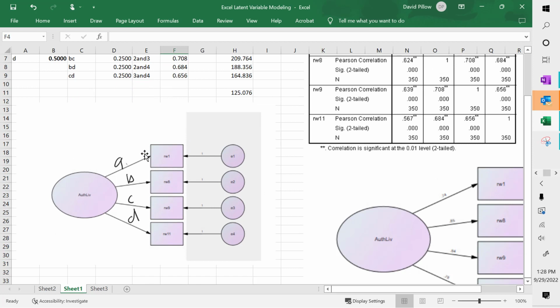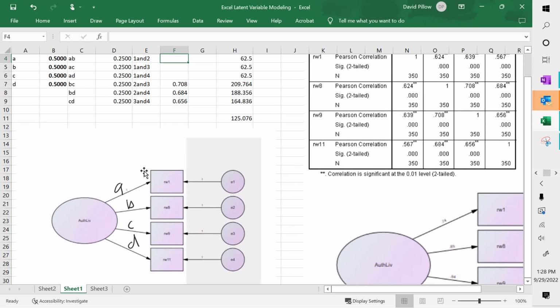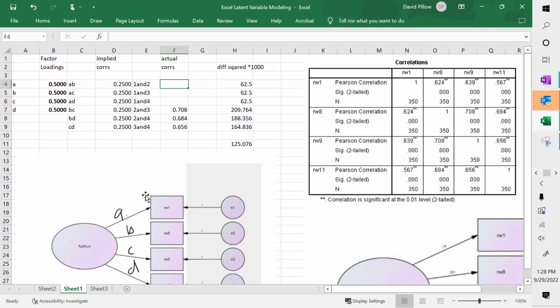Here's the model that I was trying to estimate. A picture of it brought over into Excel. Here's the correlation matrix that I started with. I have 1, 2, 3, 4, 5, 6 correlations. And what I'm going to do is take these 6 correlations and put them under here where it says actual